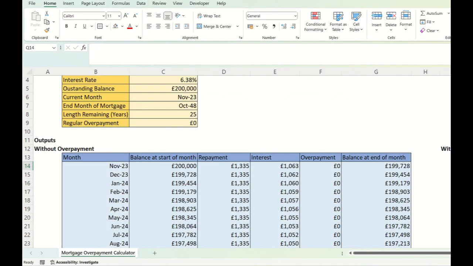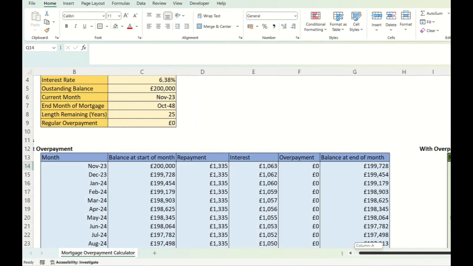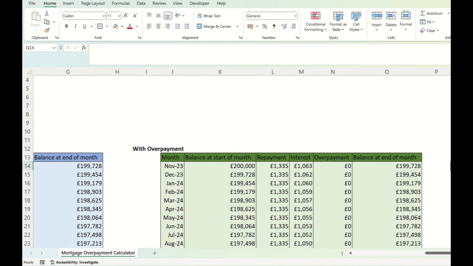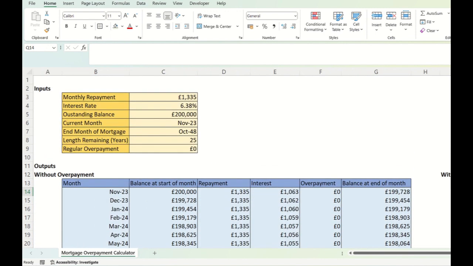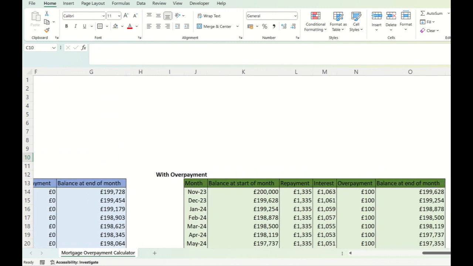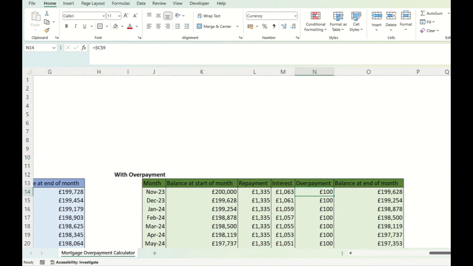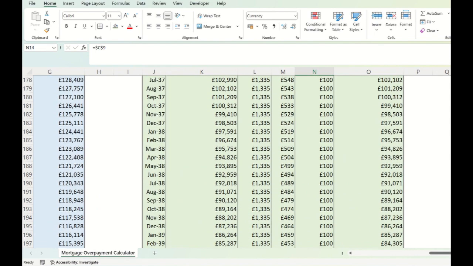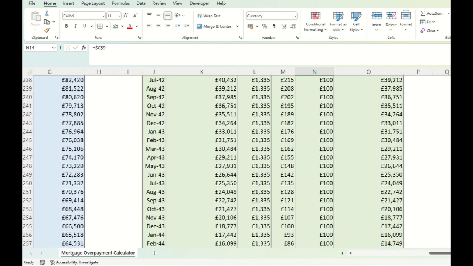Okay, so I've got my two scenarios. I've got my without overpayment and my with overpayment. But you might notice that the with overpayment at the moment is exactly the same because I've set an overpayment to 0. But what happens if we change this? So let me say a regular overpayment of £100. So what that's done is it's put £100 in this column here. And if I scroll all the way down, what you hope you should find is that before 2048,